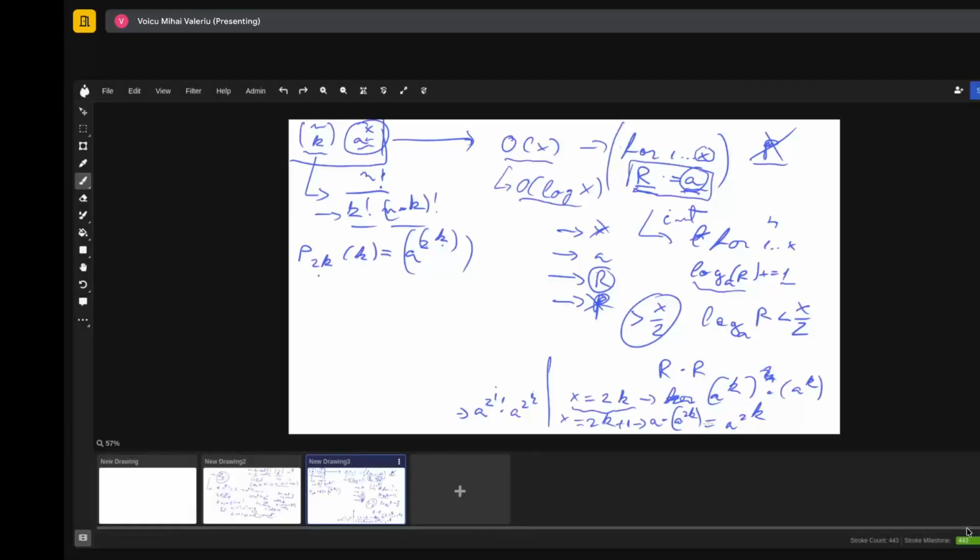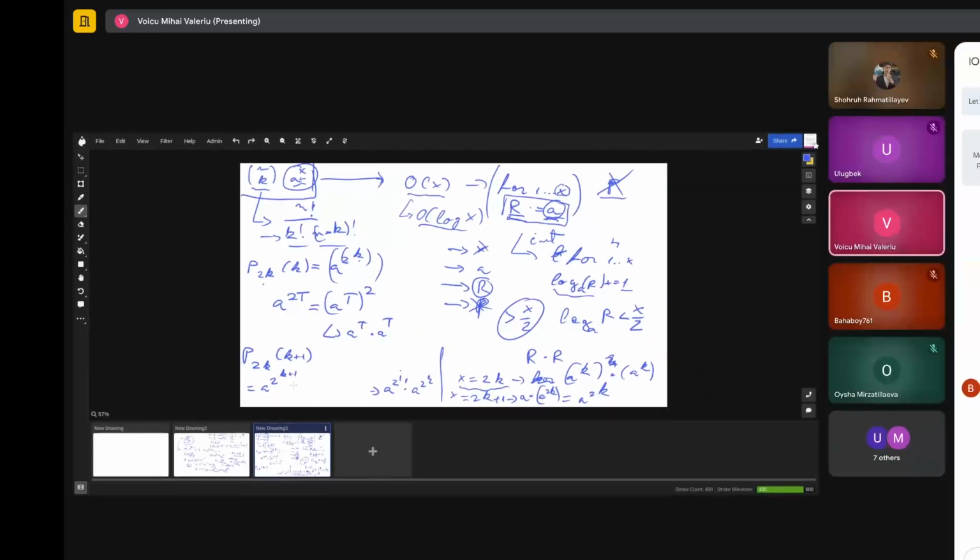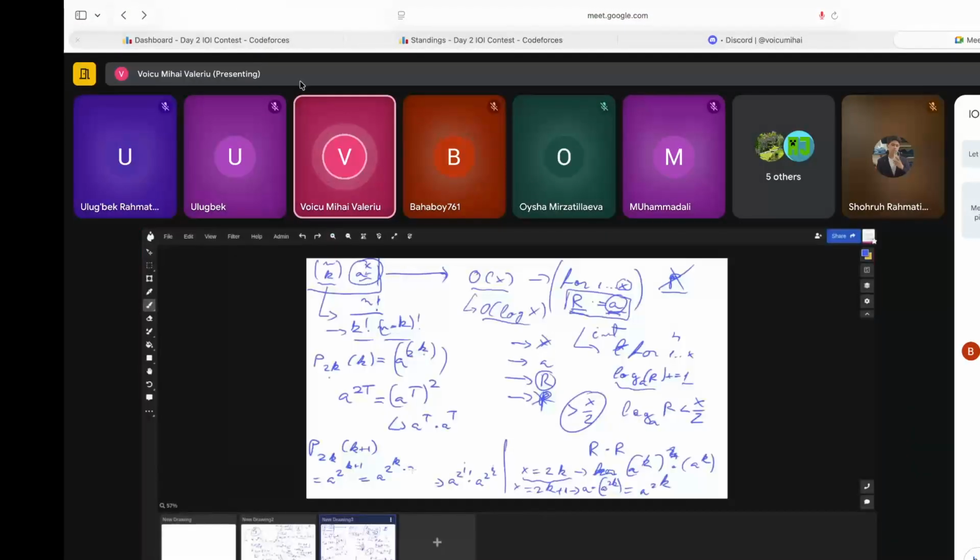As previously mentioned, if we are to calculate a to the power of 2t, we can just calculate a to the power of t and then raise this to the power of 2, which just means a to the power of t times a to the power of t. Meaning, when we would want to calculate a to the power of 2k plus 1, this really is just a to the power of 2k times 2,